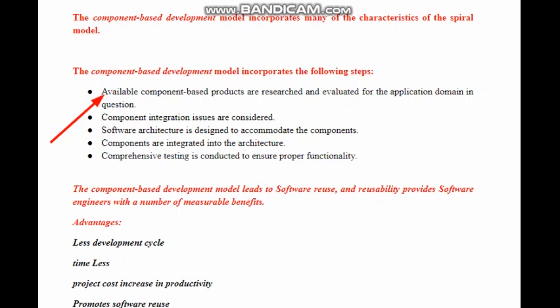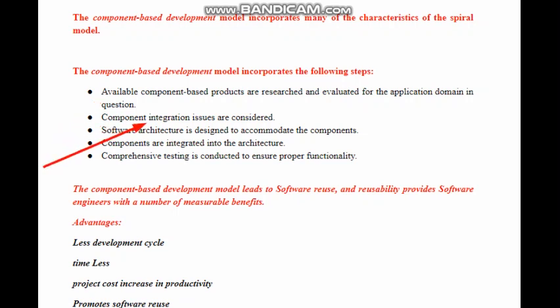How does it exactly carry out or develop the components? During the development of a component, it makes a lot of research by collecting feedback from various customers, stakeholders, vendors and users, and then they evaluate that application. By making certain query forms they come to an analysis, and then they develop that component based product. After a lot of research, evaluations and reviews, the components are developed so that they come with maximum functionality and are quality components.